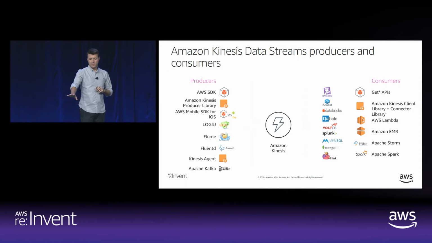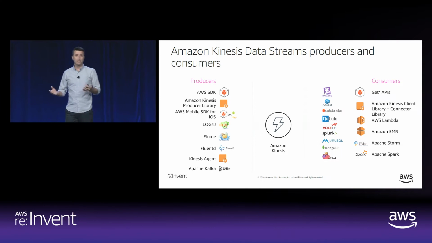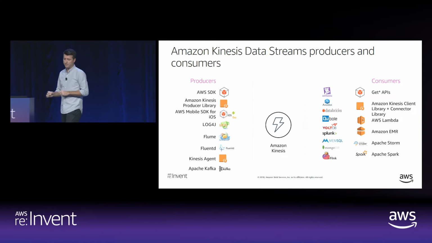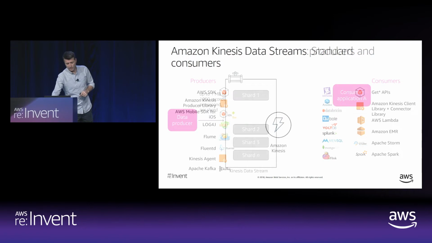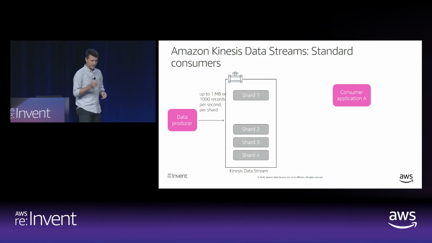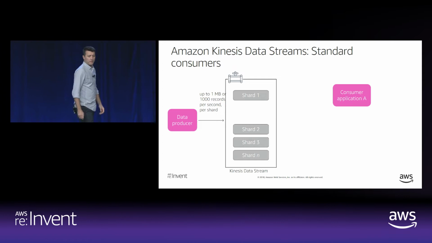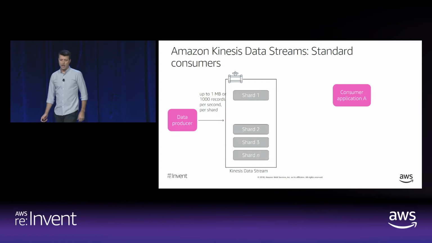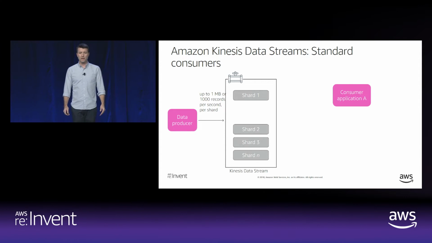The other ones that you see here, like Apache Flink, Apache Storm, Apache Spark, can also benefit from some of the new features, but it will require the open source libraries to use some of the new APIs that we have created that I don't believe they have yet. So, talking about consumers, I have a clicker here. I should use it. Standard consumers. This is what the vast majority of stream consumers on AWS are using right now, and that's because it's been the only way to do it up until about August.